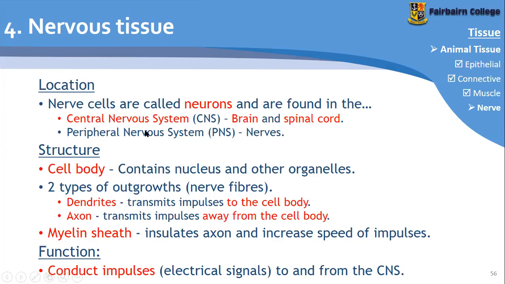This is a lot of extra information just to give you a bit of context, but basically you just need to know that nervous tissue is called neurons and it is found in the brain, the spinal cord and nerves. Nerves are what runs from your brain to, let's say, your bicep muscle. That is a nerve. So the structure of the nervous tissue is it has a main cell body, and then off that cell body,